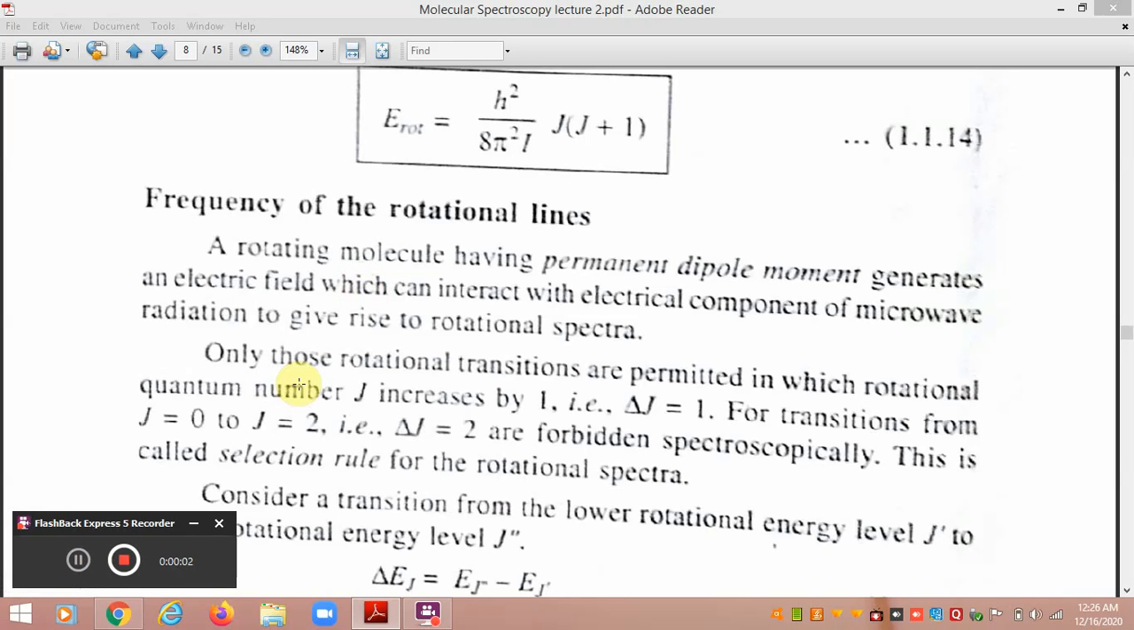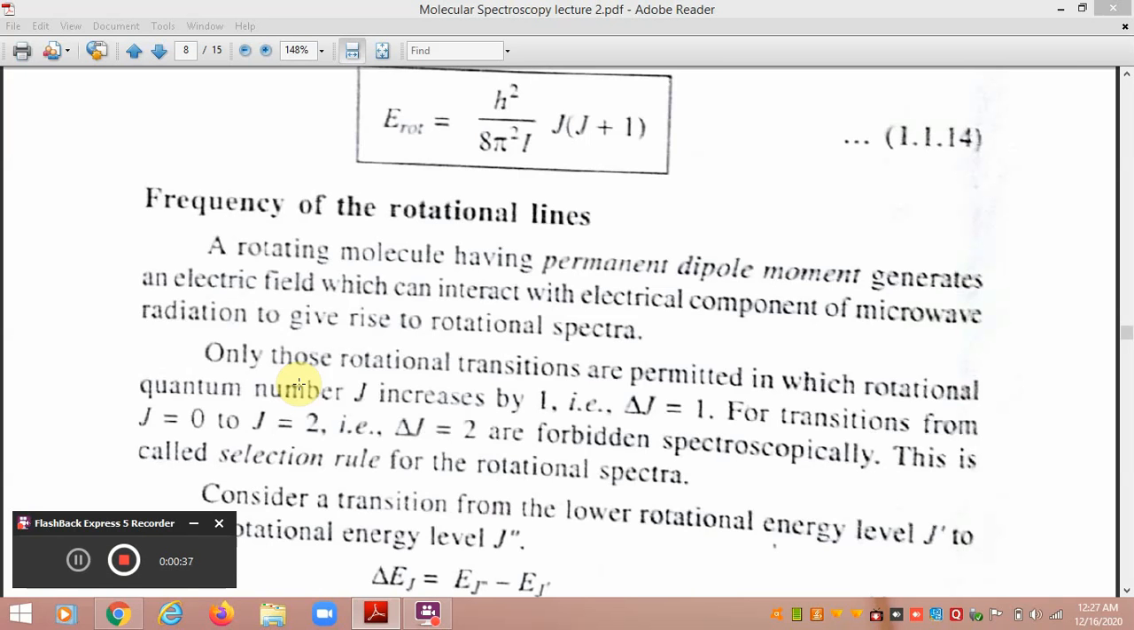Hi dear students. In the last lecture we discussed the rotational spectra of a rigid diatomic molecule, and we discussed the equation for the moment of inertia for the rigid diatomic molecule as well as the energy levels of the rigid diatomic molecule. In this part of the video we are going to talk about the frequency of